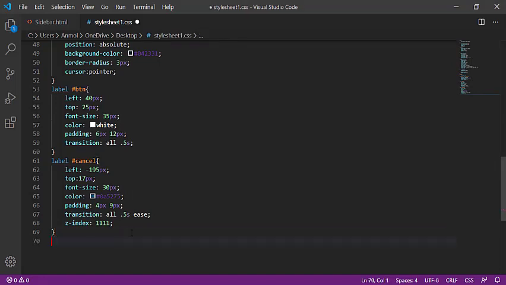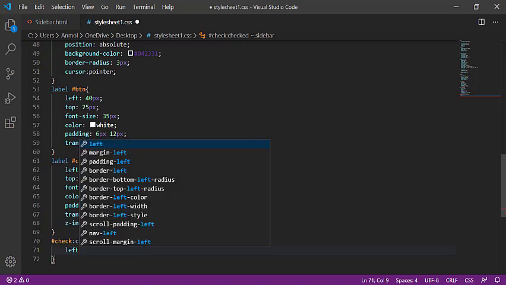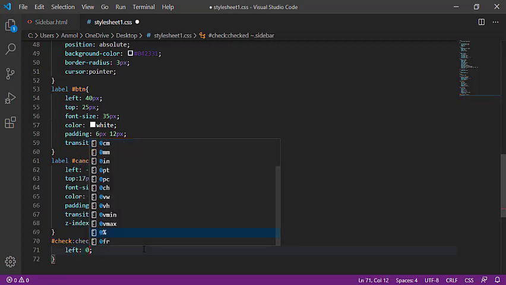Move forward. Now I am working on the menu bar and the cancel bar, how to close and open the sidebar. Check ID. When it will check, then it's similar to the sidebar class, means that when the pointer will go to the sidebar, it will be checked, and I am giving this styling 0.